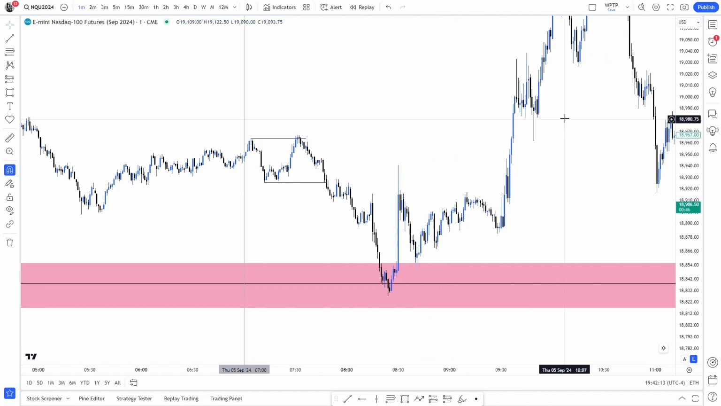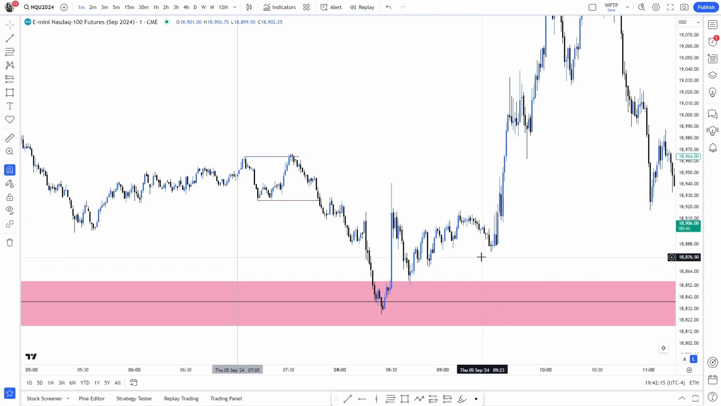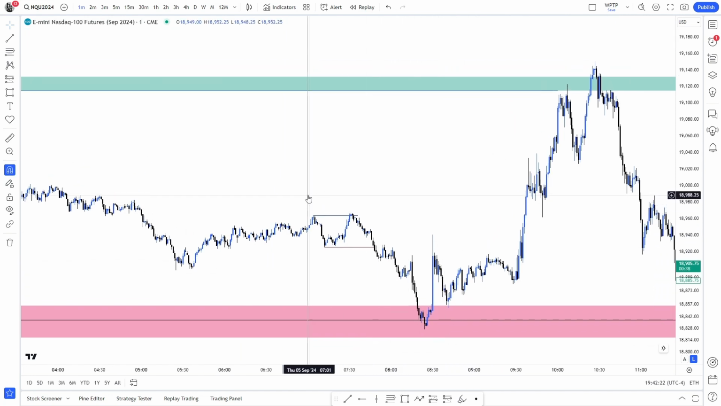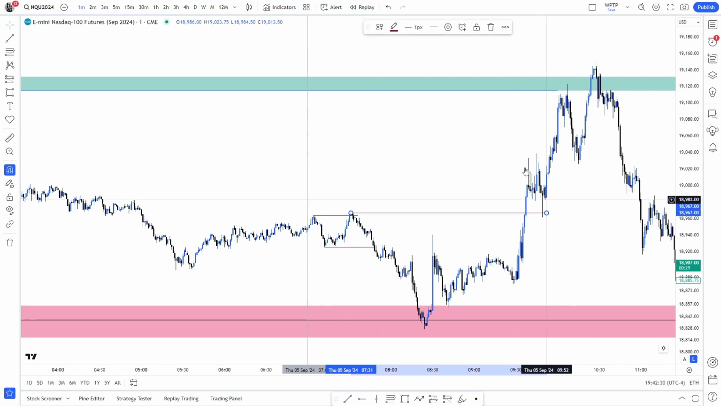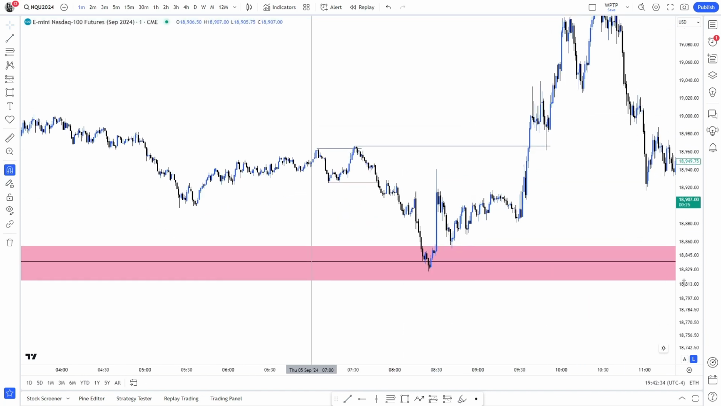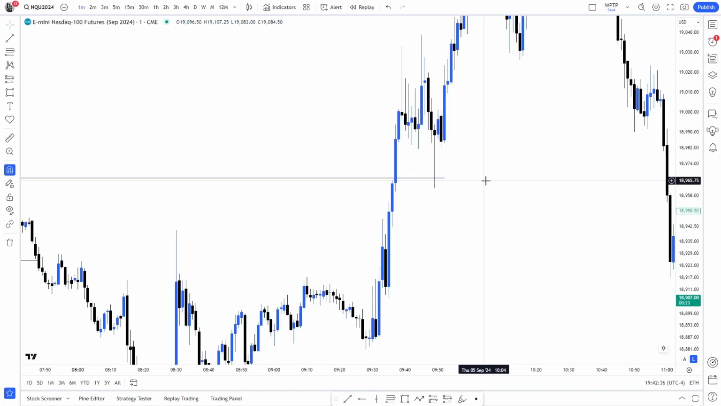So we have this first level of distribution in our market maker buy model after we had our smart money reversal, and then we had our first targets, as I stated, above the true manipulation, so that became our first draw on liquidity. And then notice